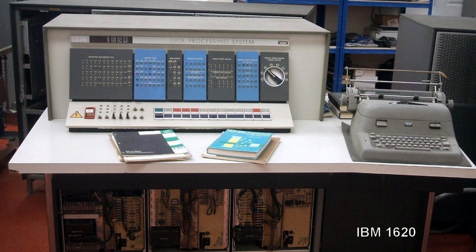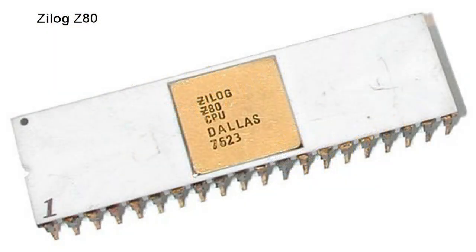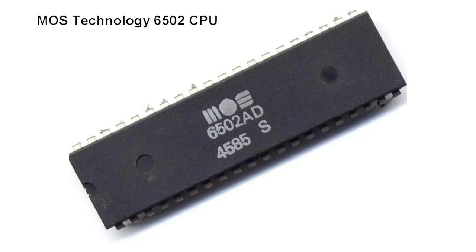None of those assembly languages would work on the new Intel 8080 or Zilog Z80 or MOS Technology 6502 processors that were used in early personal computers. However, if you wrote a program in Fortran and you had a Fortran compiler on your IBM 360 or your DEC 10 or your Radio Shack Model 1 or your Apple II, it would compile your Fortran program into the machine language of your particular machine. And as long as you didn't try to use any hardware-specific or operating-specific features, it would work.